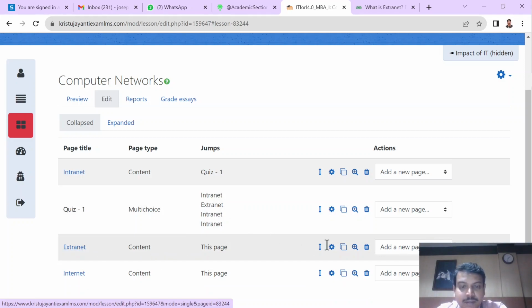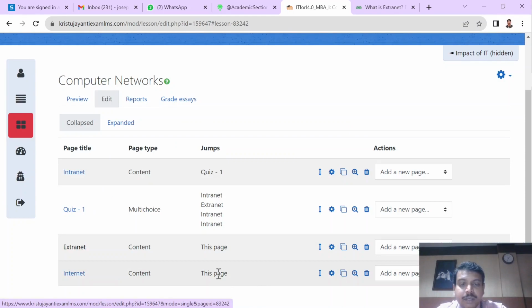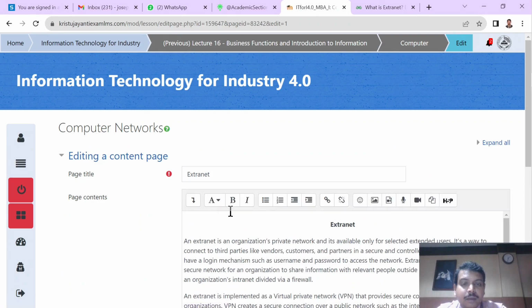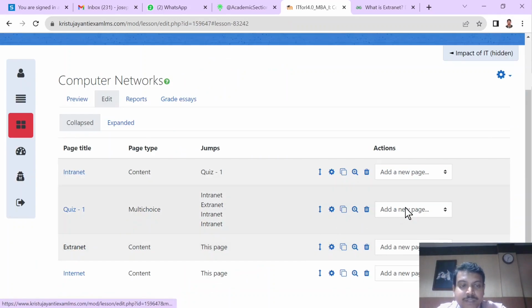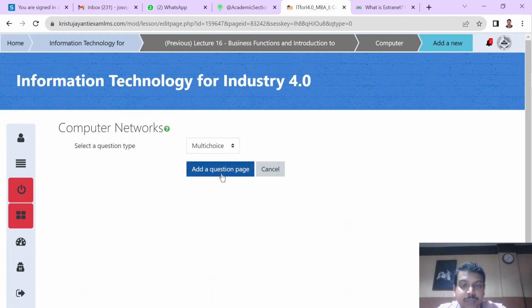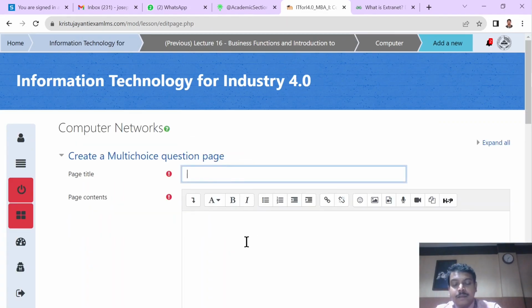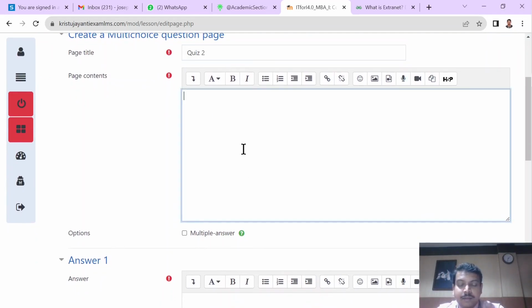So here is the content. The content is already there, and then I create, say for example, instead of quiz 4 we'll keep it as quiz 2, and then I save this page, and then let us create a new quiz. After extranet I'm going to create a quiz page. So let me create a quiz page, add question, let it be multiple choice. So here I'm going to give quiz 2, and then we'll give